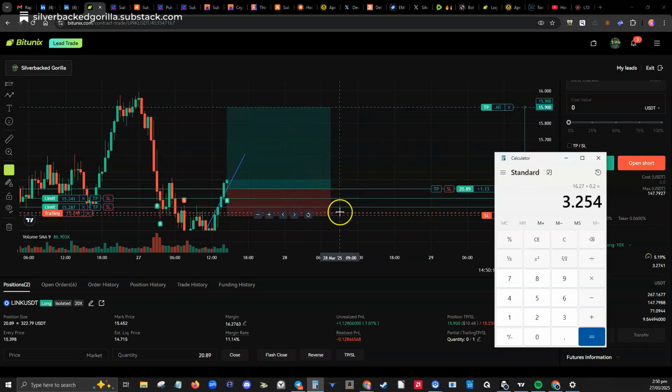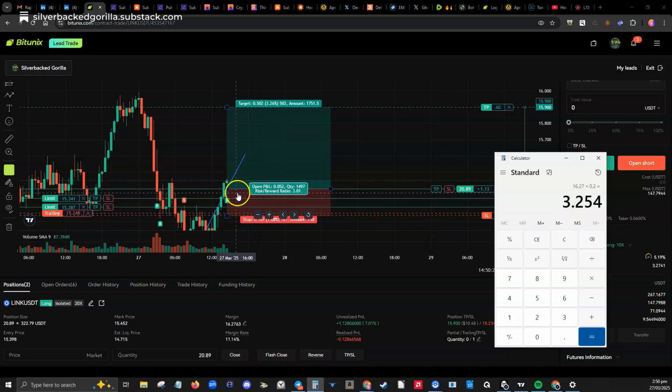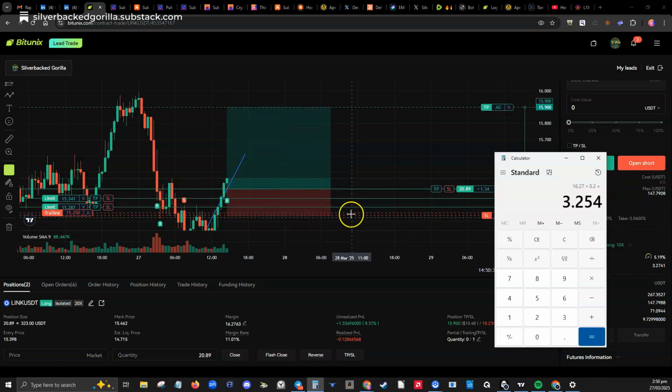If I hit my stop loss, I'll lose $3.25. If I go through here, I'll actually increase my position so that the numbers get bigger, but the percentages remain the same. So yes, it'll get filled. If it goes down here, it'll actually increase my losses and it'll lose more, but it won't. I've limited it so it can't carry on going crazy.